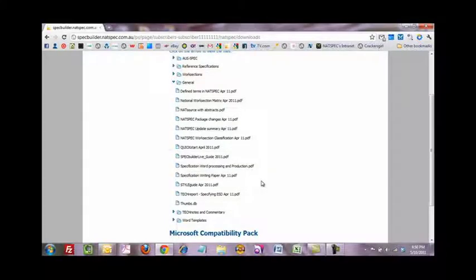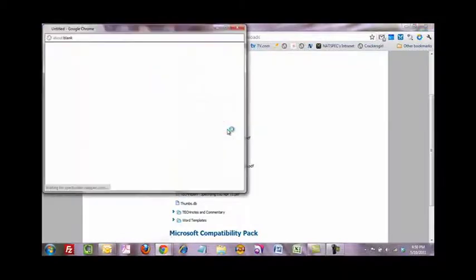Those PDFs that I referred to with all the highlighting in them, if you do want to go through those, that's fine, but you may not want to have to scroll through 10 different files and find every yellow highlighted section. So in this general folder there's a NATSPEC update summary. So if you are updating your own individual office masters or you're in the middle of a spec at the moment, have a look at the update summary. It's like a roadmap to the larger PDF document. So if I just open that document,